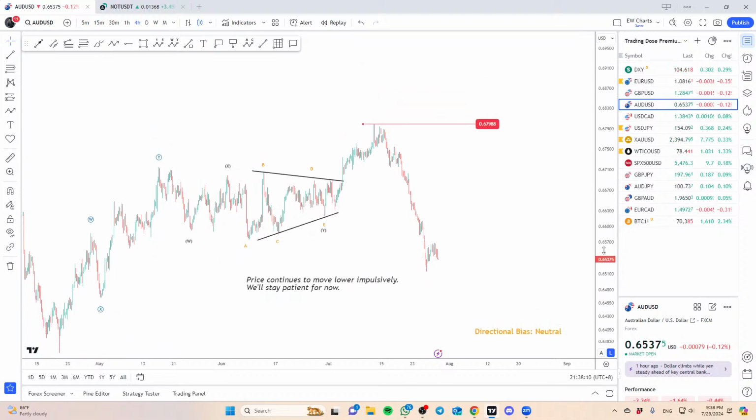Aussie dollar here, neutral. The market has been putting in an impulsive move to the downside for almost the entire last week, ending off with just a little bit of a slight pause. So with that kind of momentum push, obviously we are going to be bearish, no doubt about it. But you don't want to be selling at the bottom, right? You always would want to wait for some sort of a decent pullback before you jump in and sell again.